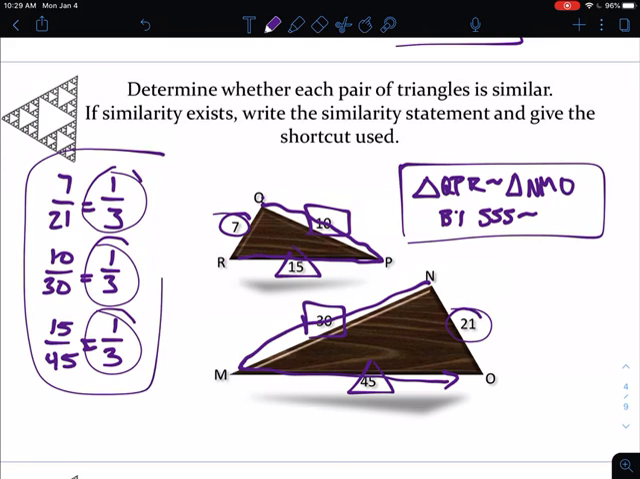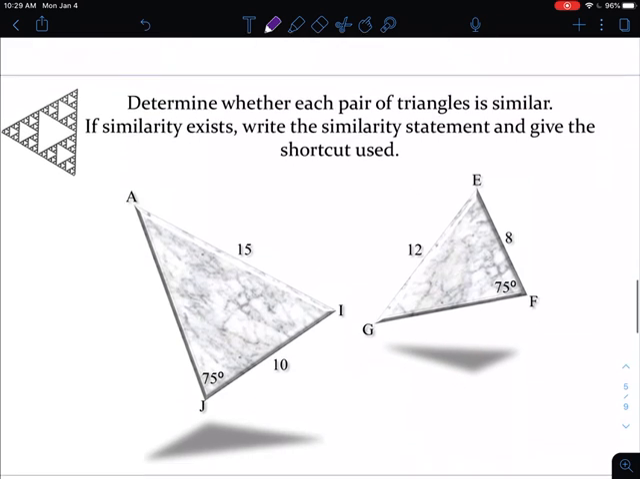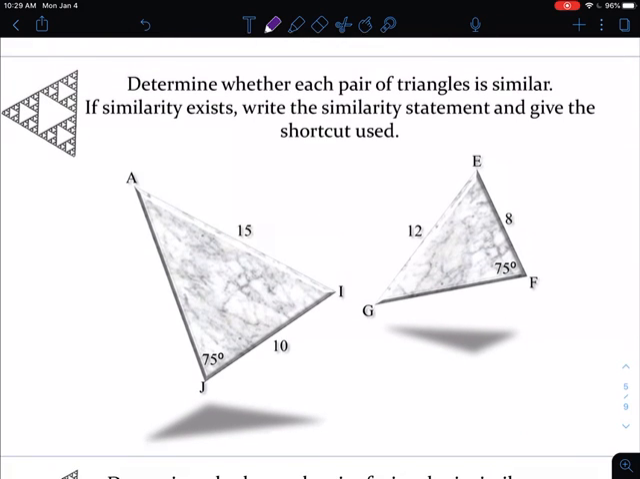So I want to see this right here, that you checked all the ratios. I want to see this right here where you have the statement, and then I want to see this, which tells me exactly how they're similar to one another. So 3 big things that you need to make sure you show in these types of problems. If we look at another example here,